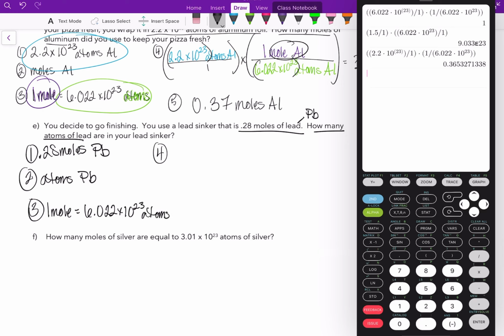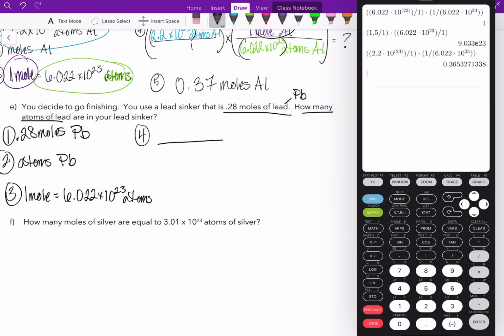And then hopefully you tried step 4 on your own. If you didn't try step 4 on your own, go ahead with this information and pause the video and try step 4 on your own. The answer for step 4 should look like this. You should have the given 0.28 moles of lead